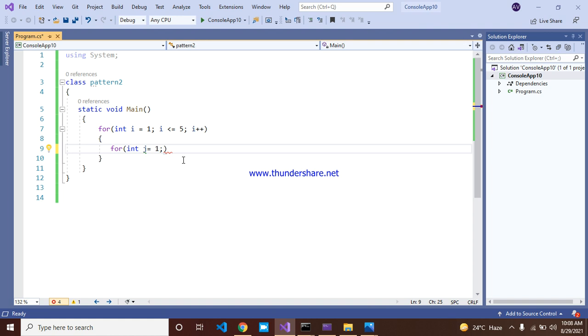Why? Because if another programmer sees your code, they may think it is a string, and it causes confusion. That's the reason to use readable variable names. Do you understand, guys? So j plus plus.